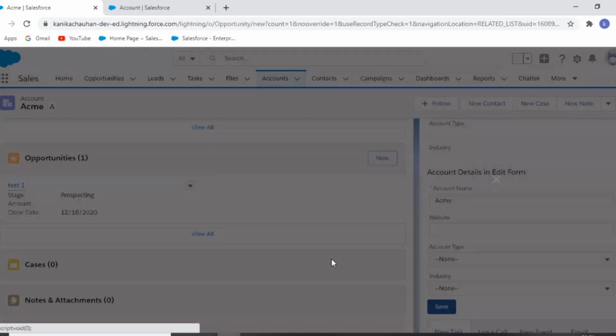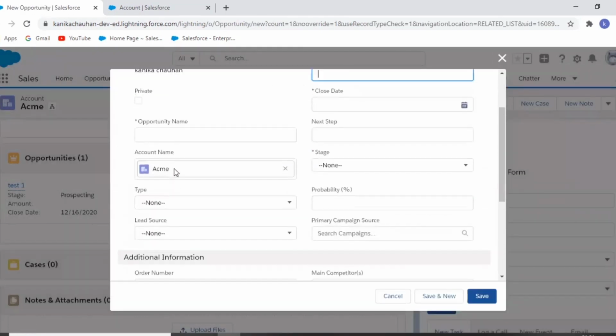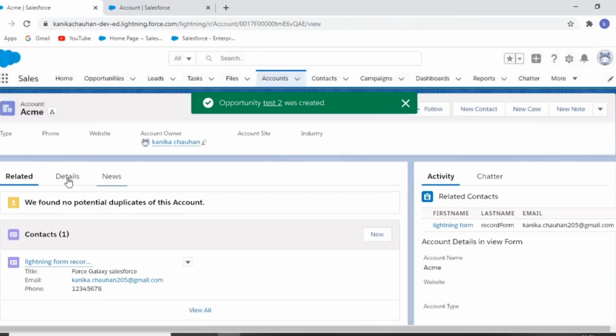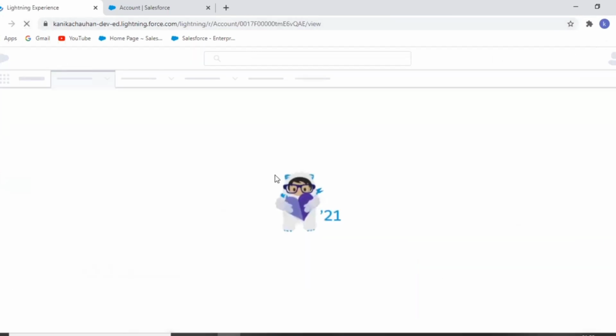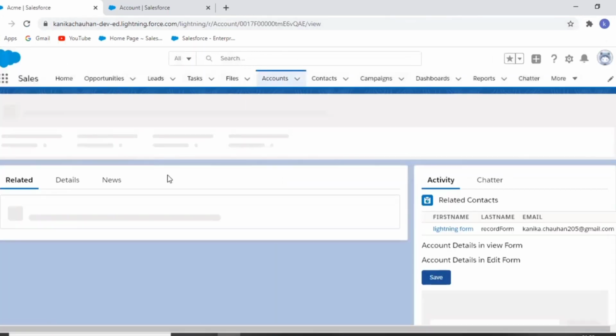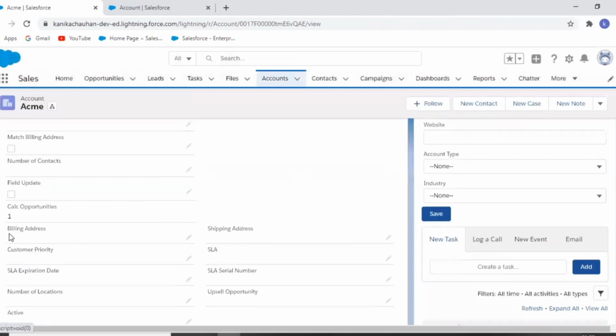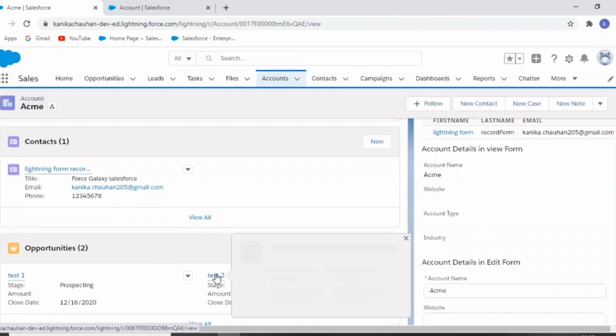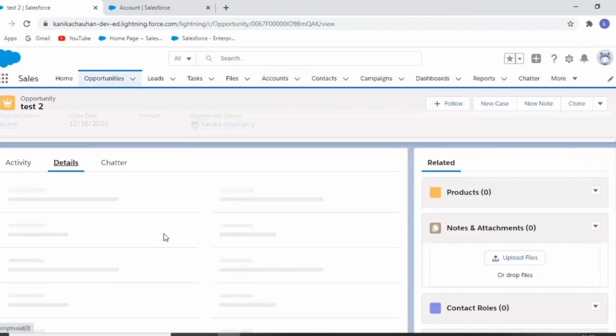Now create another opportunity with some other value in the stage, and it should not be included in the roll-up summary count. It should be 1. Yes, it is. Okay, now what happens if I update this to the prospecting stage?